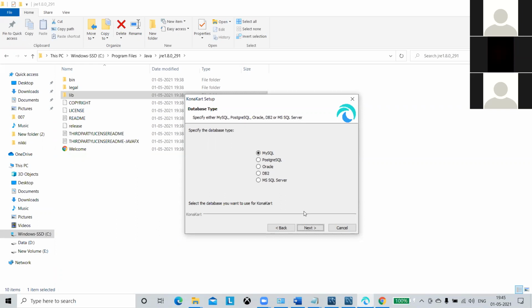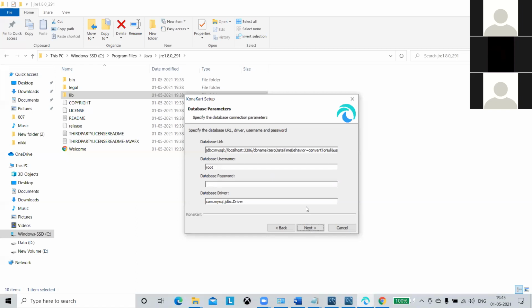If you already have Oracle or DB2 or Microsoft SQL Server or any of these databases, you can use that particular database. There is no compulsion that you have to use only MySQL. You can use PostgreSQL if you already have it. You can choose the database in this window. As you already have MySQL installed on your machine, click next, because by default it will select that.